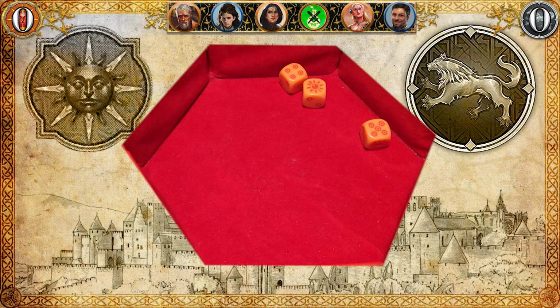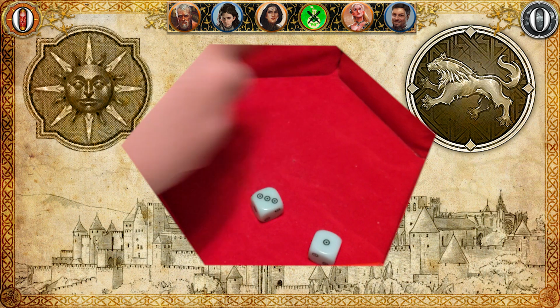Okay. 1 wound and 2 hits. 3 hits. Why? Because 1 is already 1. Oh, 2 hits. I forgot it doesn't count as another with precision. Yeah. So 2 wounds. And